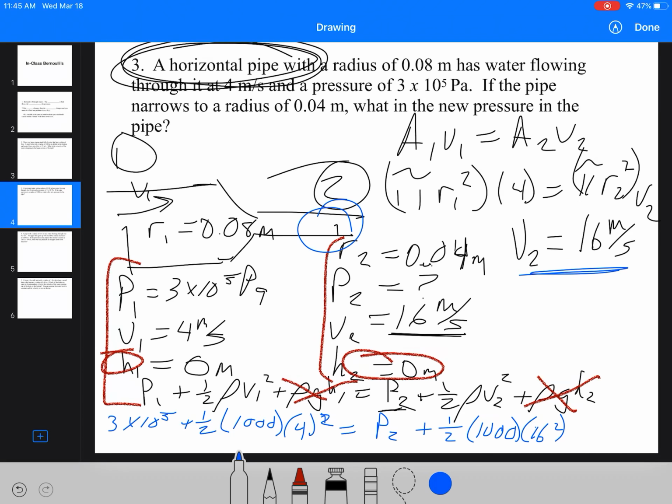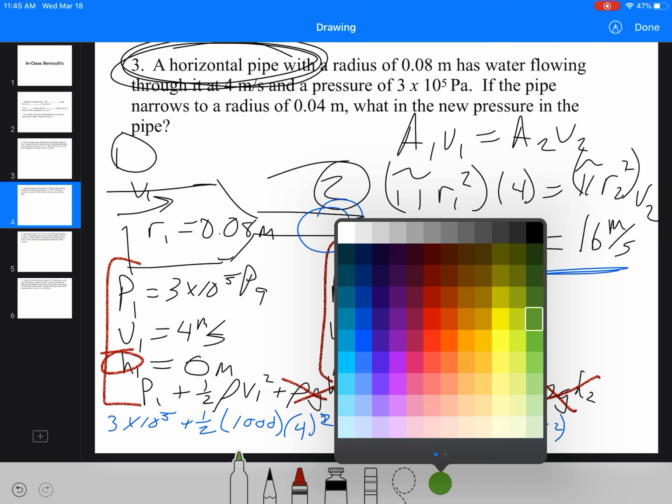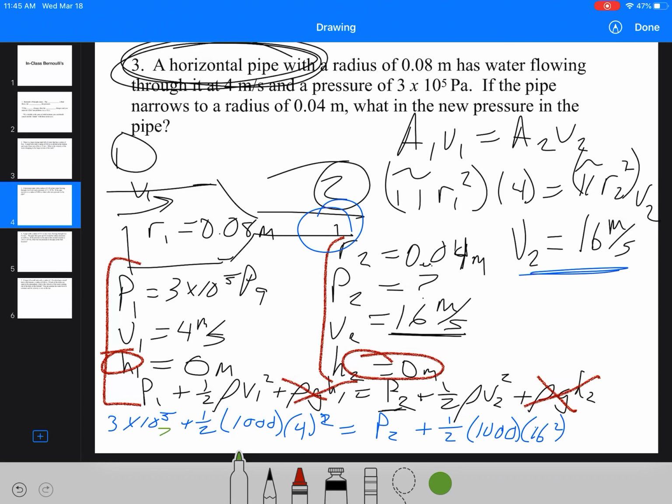When we add these numbers together, this left-hand side is going to be 308,000, which is equal to P2 plus, let me clear that, 0.5 times 1,000 times 16 squared, which is going to be 128,000. Okay, so now if we go 308,000 minus